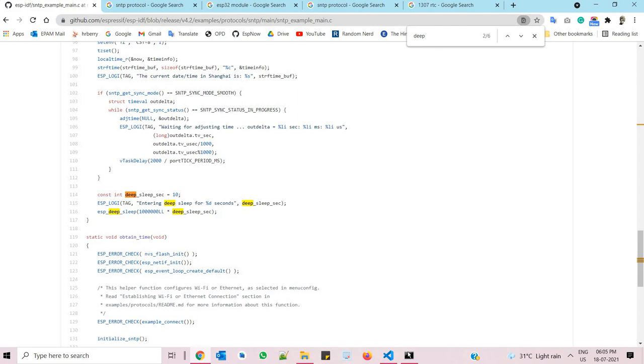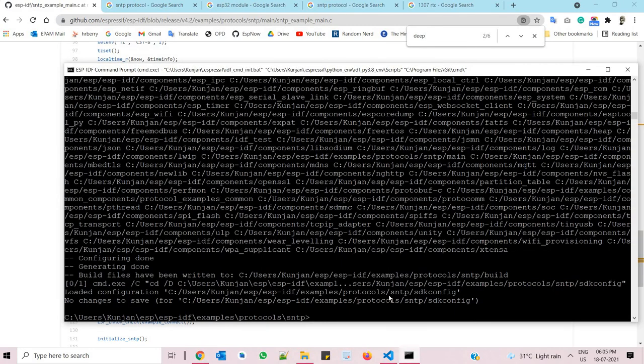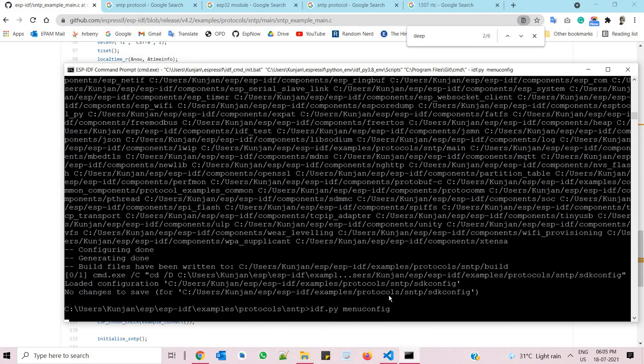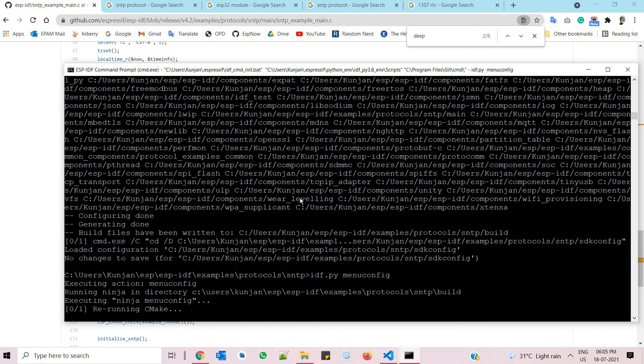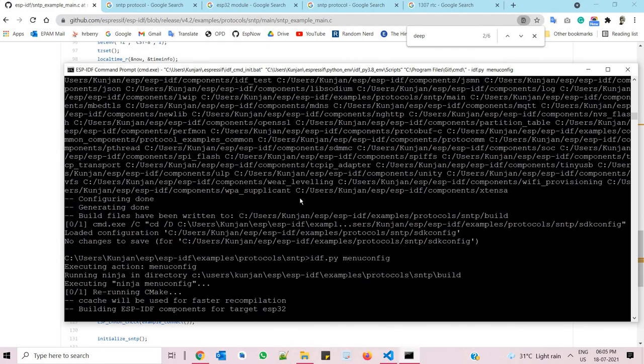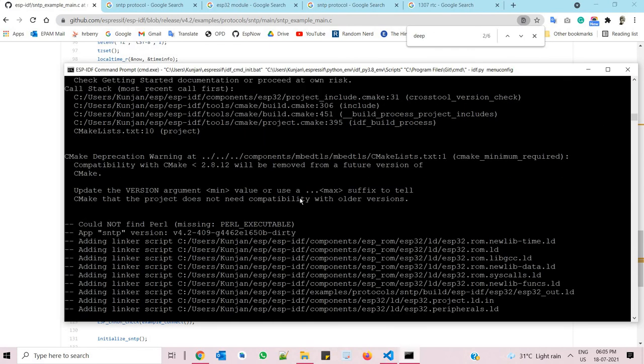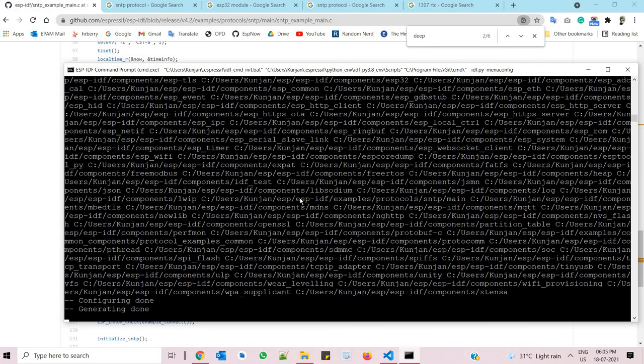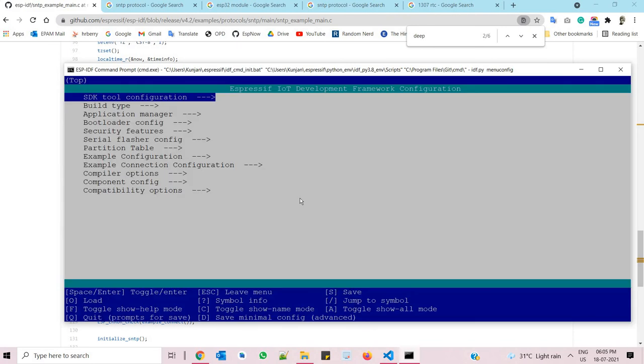Let's go to the command menu. Here, idf.py menuconfig. Go to the menuconfig. Here you will find all the configuration of this module. First we need to configure our API mode.